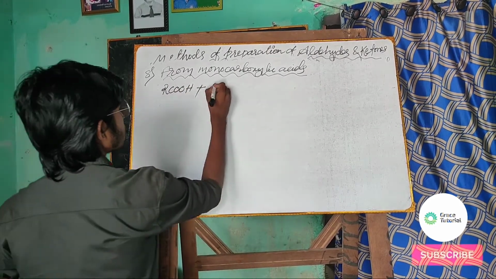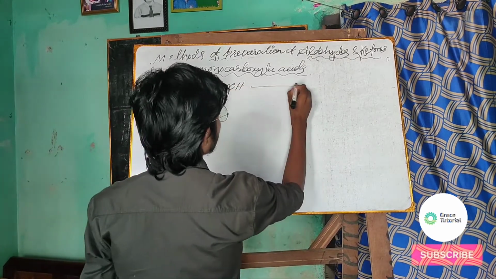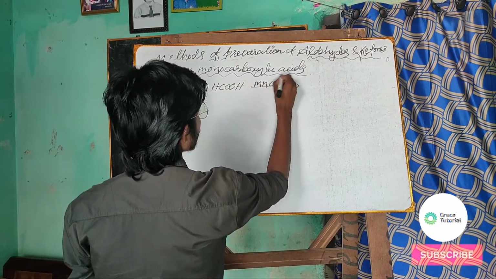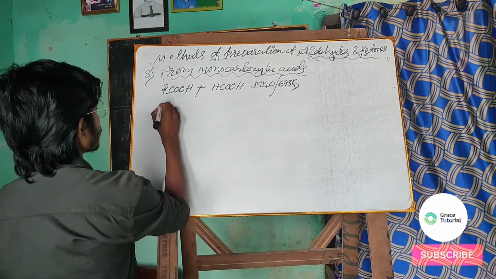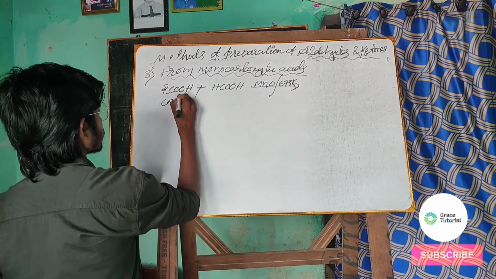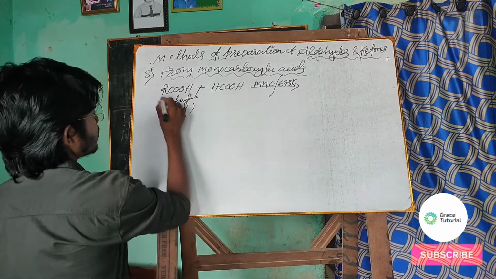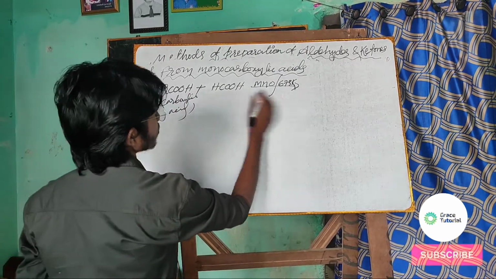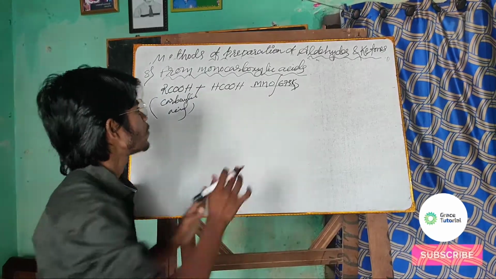When this carboxylic acid reacts with formic acid in the presence of manganese oxide at 673 Kelvin, then